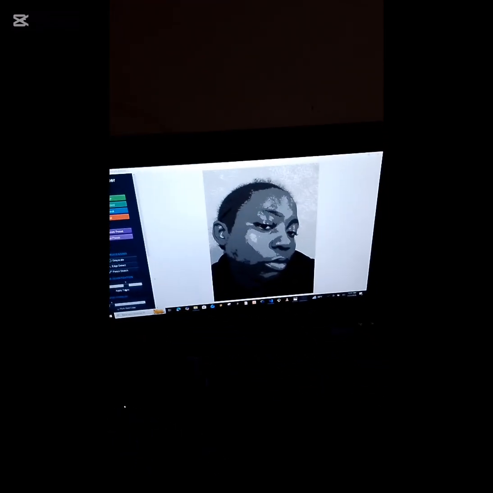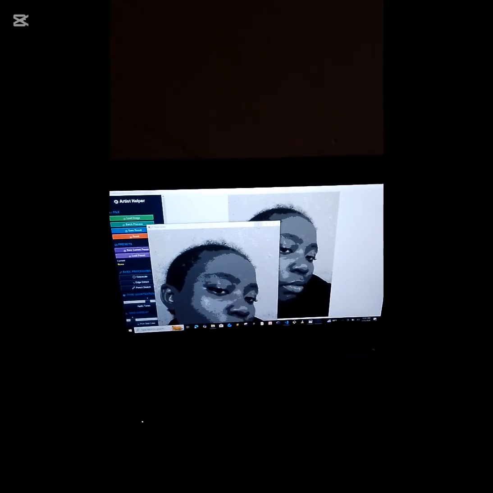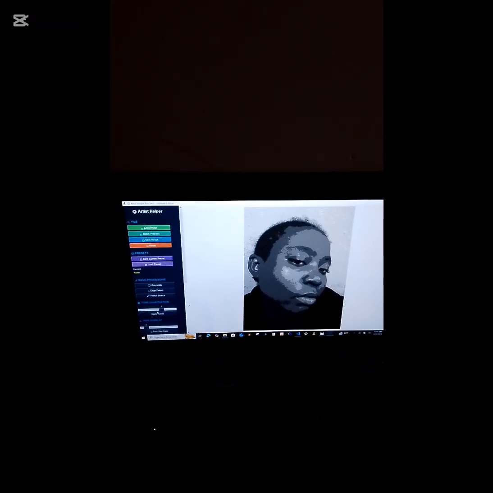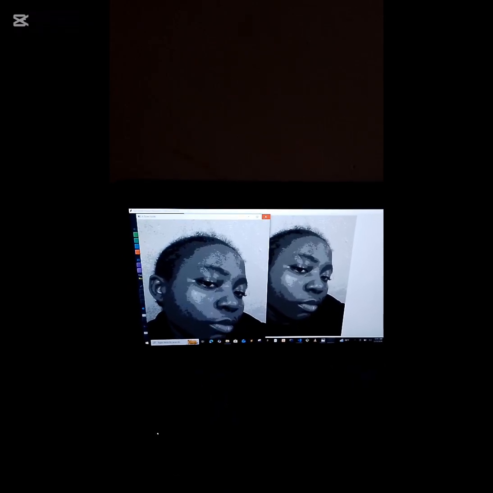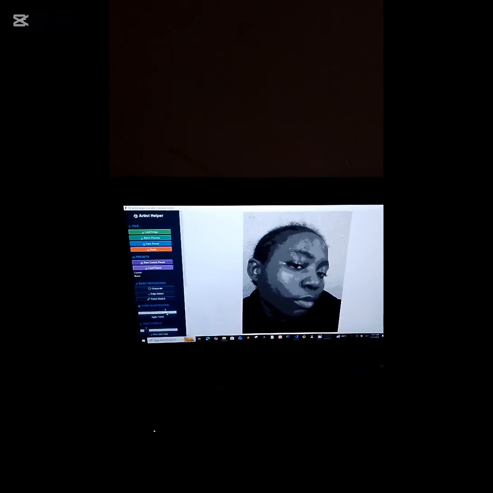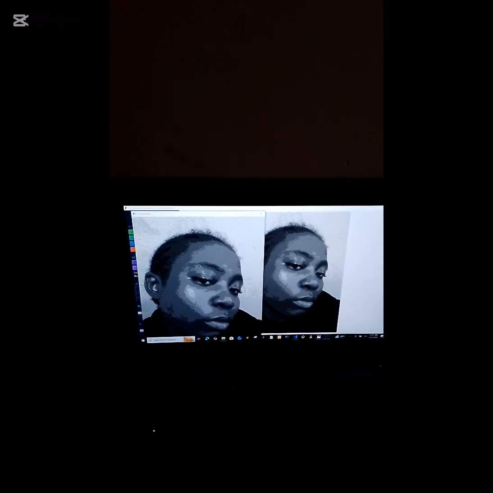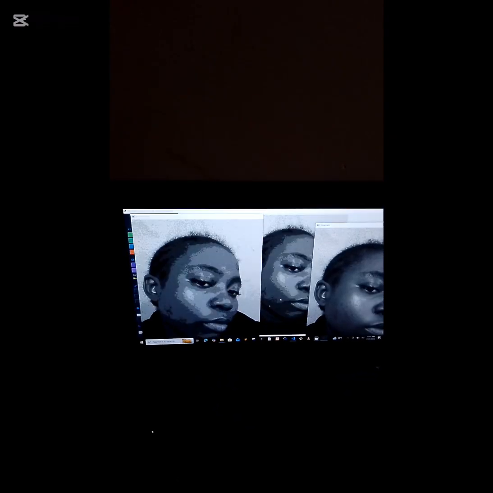So we're at 6. If you move on to 7, you'll notice that the image automatically becomes clearer. You have more detail. Move on to 8, the same, clearer. Move on to 9, same thing, clearer. Let's look at the original image. You see